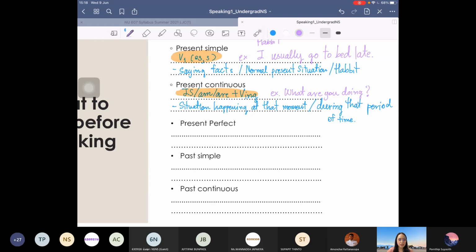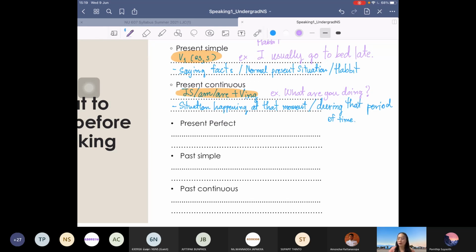Next is the tense that some of you may not be familiar with because it's a little bit hard to use when we are talking. But if you use it more frequently, you will get used to it. The sentence is really useful when we talk about experience, the things that we have done or haven't done yet. So it's actually the tense that can fill the gap of time, right?